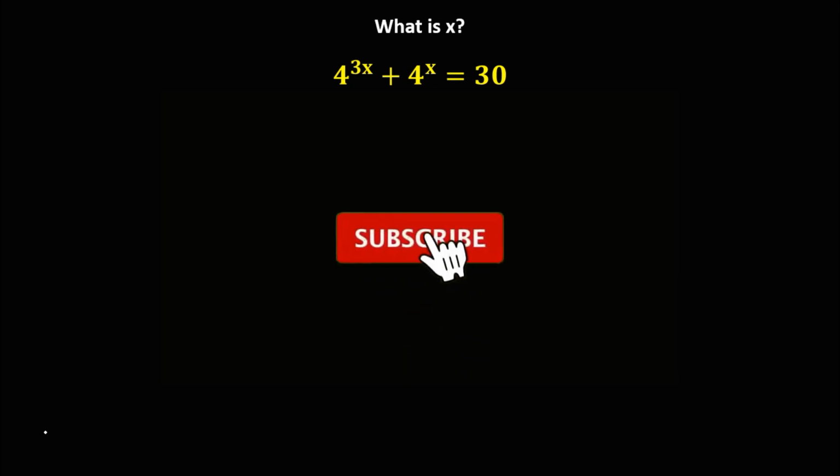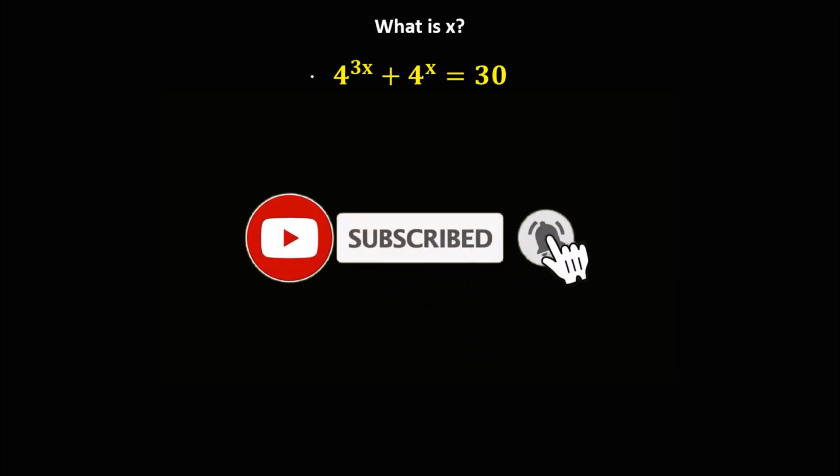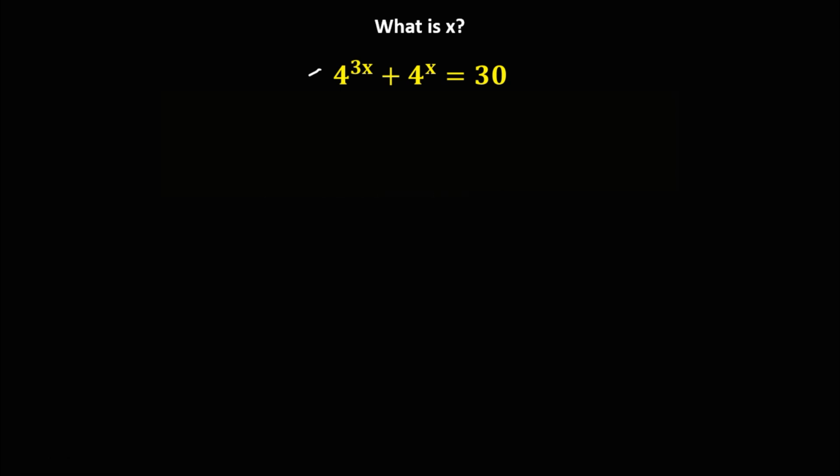Okay, so let's have this problem. To solve for x from this equation, first we need to rewrite this equation, since x to the power m to the power n is equal to x to the power m times n. So this 4 to the power 3 times x is equal to 4 to the power x, then to the